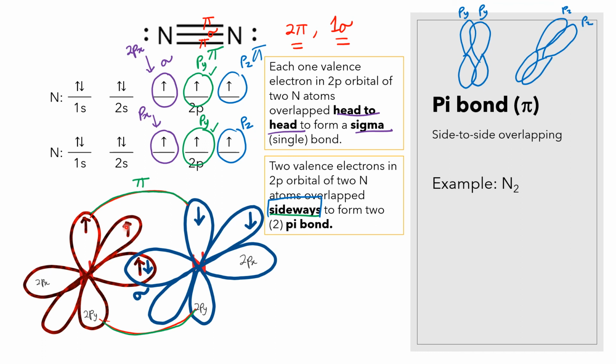So, dua-dua dalam kedudukan ataupun orientation Z. Okay, paksi Z. So, labelkan these two as 2PZ. Labelkan pada satu kelopak sahaja. And don't forget to draw a line yang connect between orbital ataupun kelopak atas dan bawah. So, this line warna biru ini menunjukkan bahawa terbentuk lagi satu pi bonding di antara dua orbital dalam orientation Z